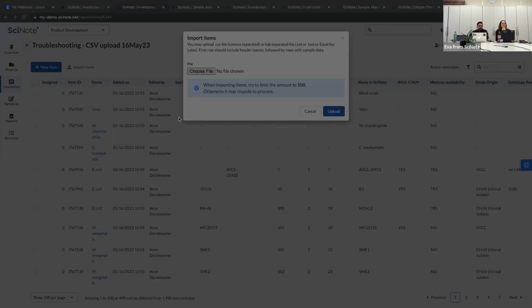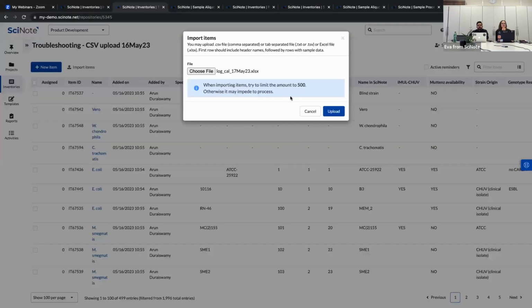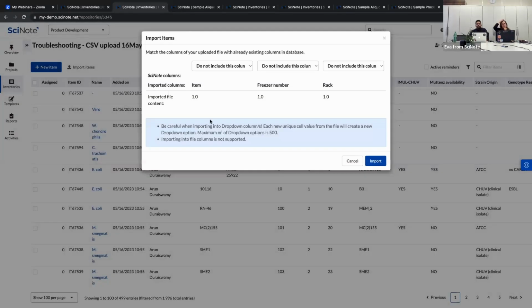I'm just going to pick an Excel file that I have here, and then say upload. But now a few important things to pay attention to. Before you upload items from an Excel file, there's two things you want to do. The first is set up your column headers in SciNote. So you want to understand what columns you have in Excel and make sure you have those respective column headers